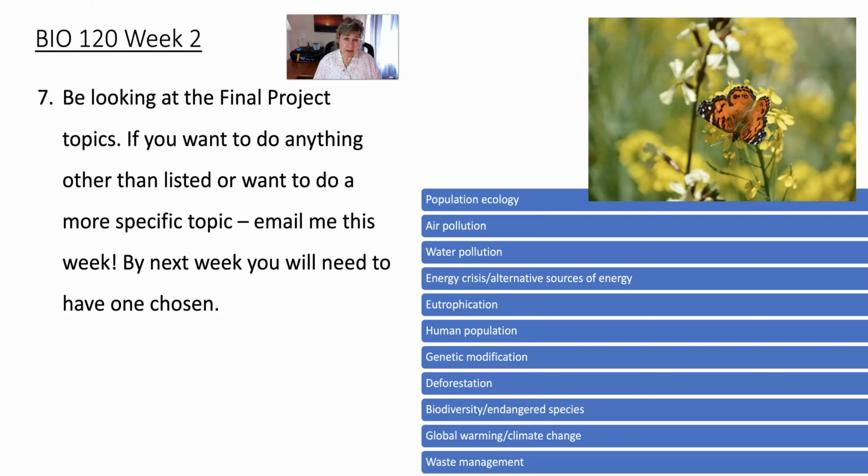So population ecology. If I were looking at that and I wanted to do a final project on that, I might look at the population ecology of deer in South Carolina, because I live in South Carolina, and how that is studied and how it is maintained properly and who's in charge of it and what are the laws surrounding it and all those sorts of issues, okay? Air pollution. Now, you know that that's a problem. So where is it mainly located? Usually in cities, but does it affect the whole world?